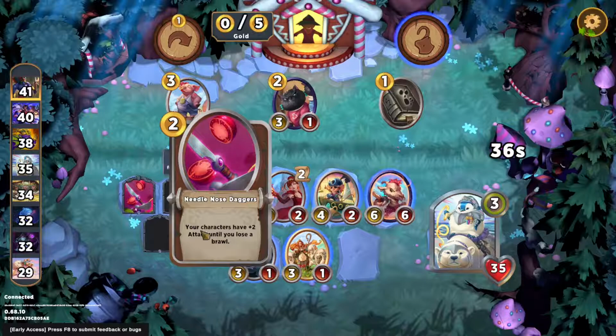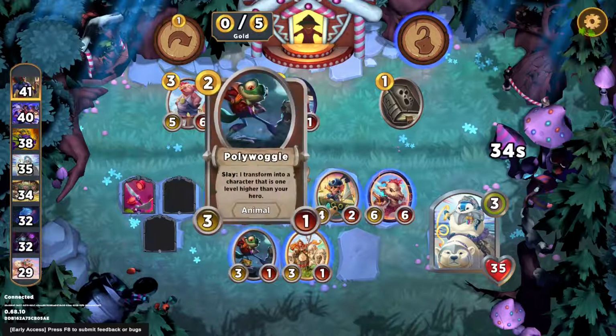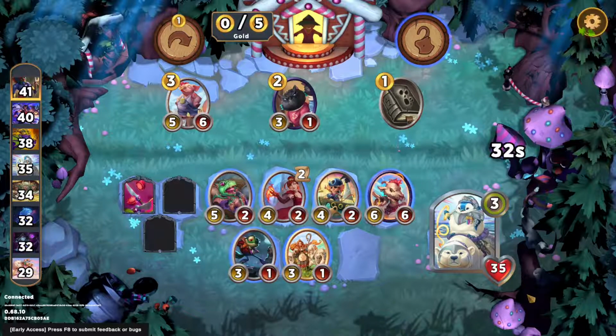yeah. Anyway. Polywoggle might just gift me a level 4 character right now, which I would be perfectly fine with. Otherwise, I'll try and save it up for a level 5 upgrade level 6 character. That's the plan. We're fighting Zelwa. He shouldn't be too strong right now. Although he's first place, so...